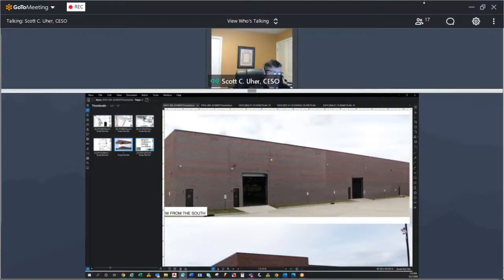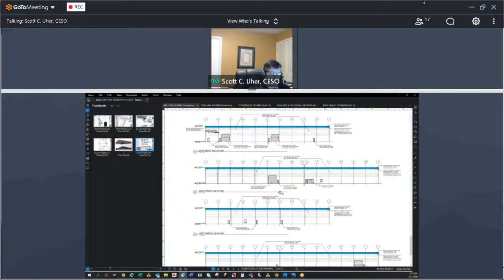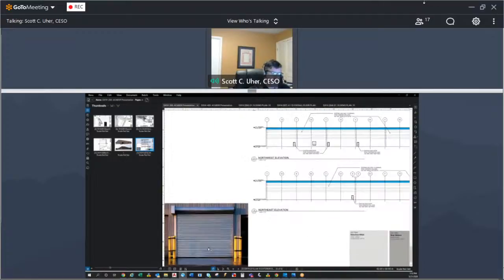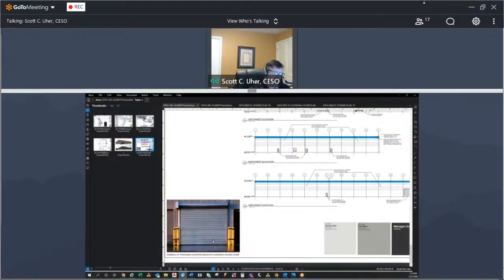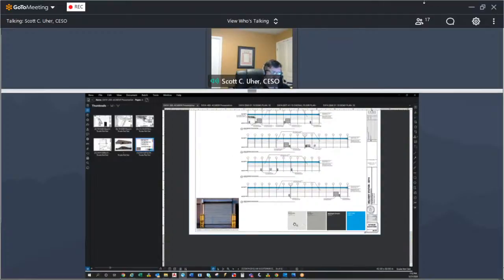So the intent here is to paint the building, and we have the color palette that's proposed here. So this is essentially what the overhead door looks like, and it's a utilitarian door that is similar to what you'll have even with the loading docks that are on the 400 building that allow the door to go up and down, weather tight the building, secure the building. And that will be gray in color, so that'll be kind of harmonious with the proposed color scheme of the building.